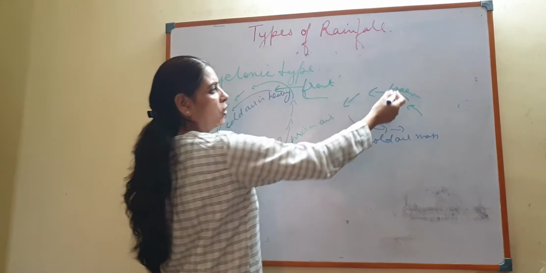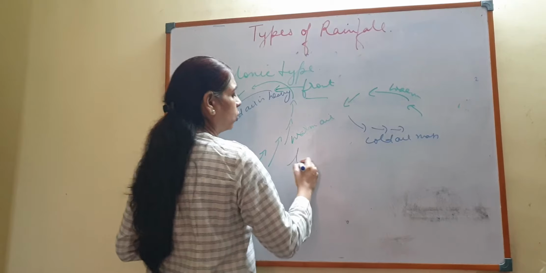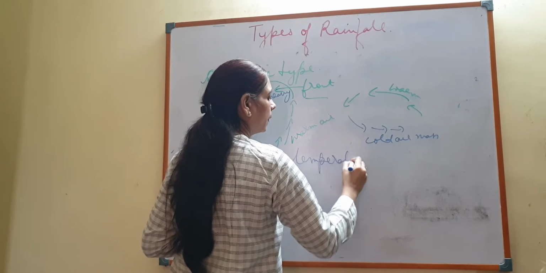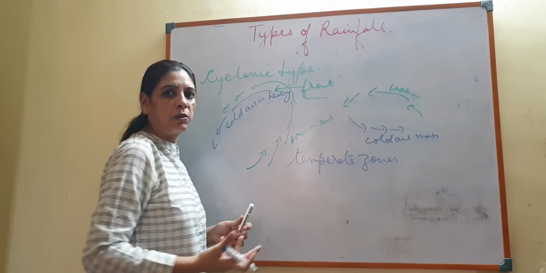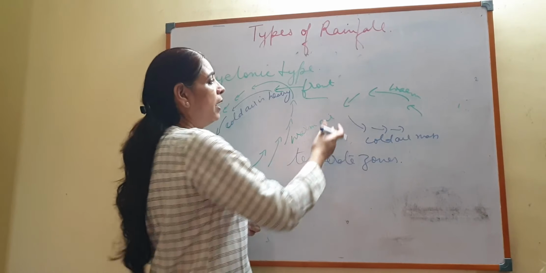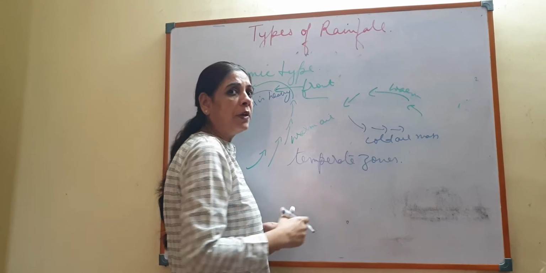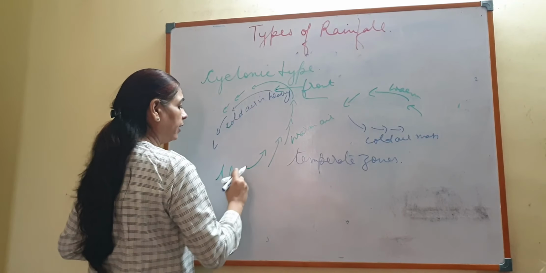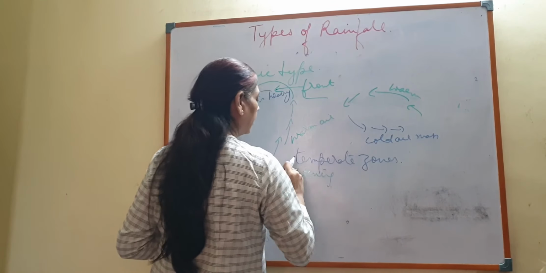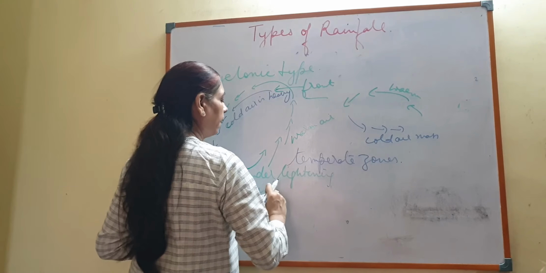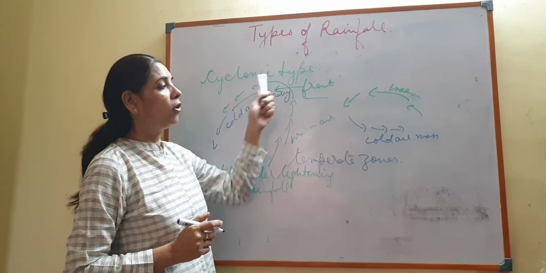and the air circulates, and this generally happens in temperate zones. And then the warm air mass is humid, it has a lot of moisture, and it climbs over the cold air mass, and a front is created, and then clouds are formed, and with a lot of thunder, lightning, rain occurs. Rainfall is caused in the temperate zone especially, and this type of rainfall is cyclonic rainfall.